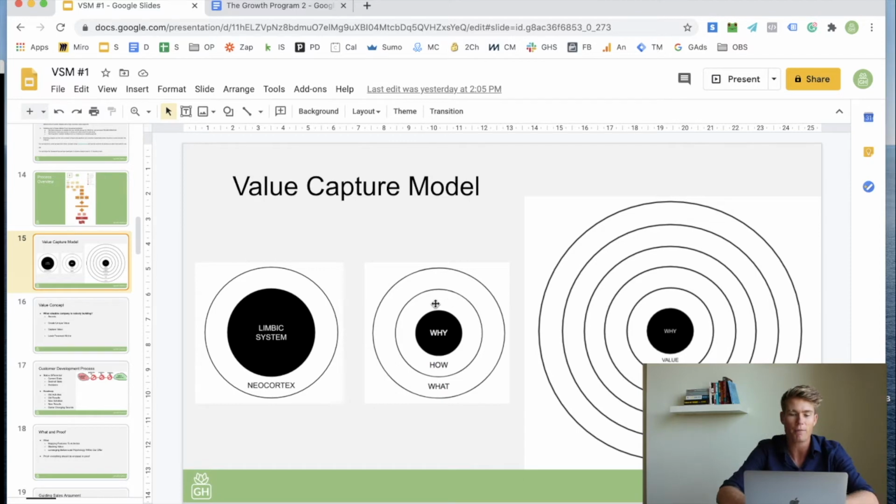Now, I found with this that it was great for creating kind of concepts, and it was quite good on an abstract level, but I found that by combining it with a couple of other things, I was able to create a full system, which is where the value capture model comes in, for creating great business ideas that become valuable. Okay, so after defining our why, what we would then do is move on to the value concept,